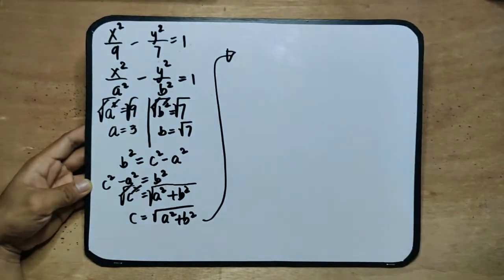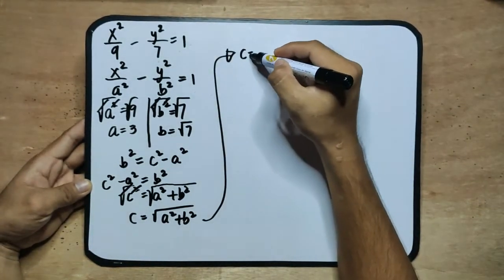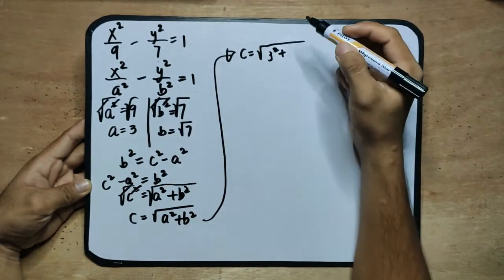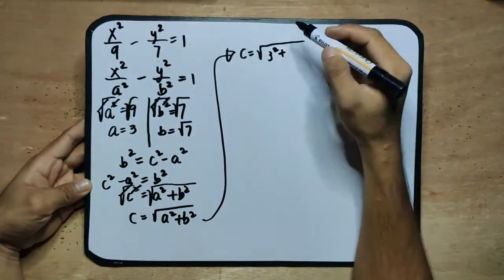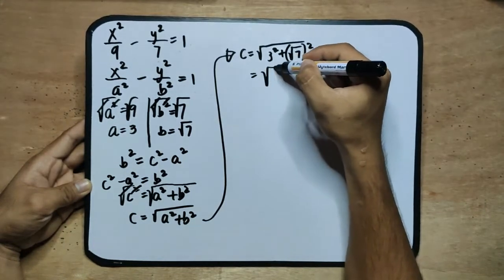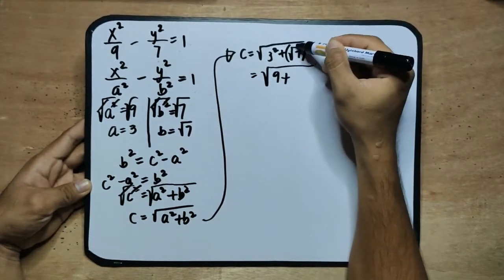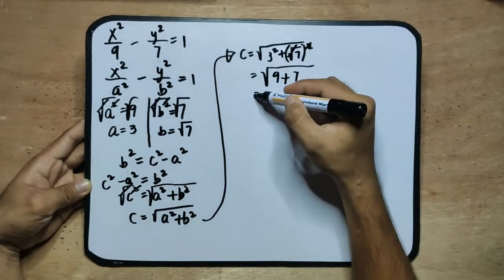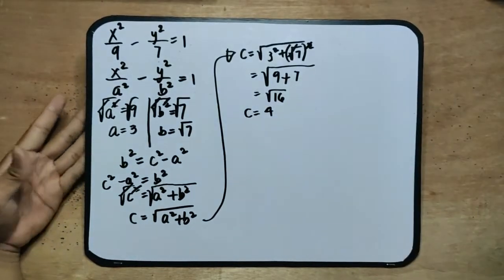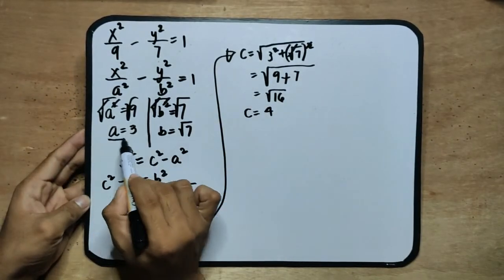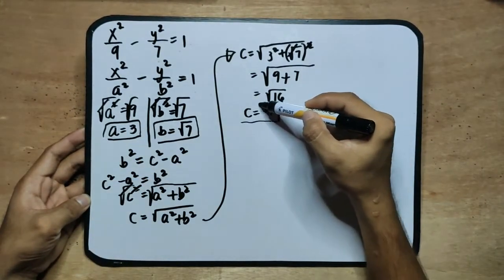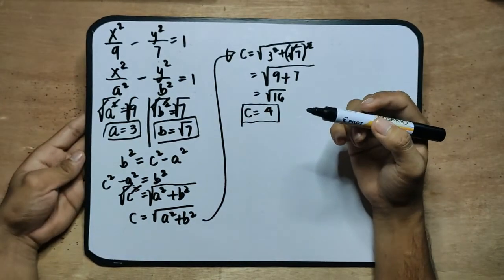So, continuing the process, substituting the values of A and B, we have C is equal to square root of, what is A? A is 3, so 3 squared plus, what is B? B is square root of 7, so square root of 7 squared. So, we have 3 squared is 9, and then maalis na to, we have 7. So, 9 plus 7 is 16. So, the value of C here is 4. Since we already have the essential values, A, B, and C, mabibigyan na natin yung foci, vertices,